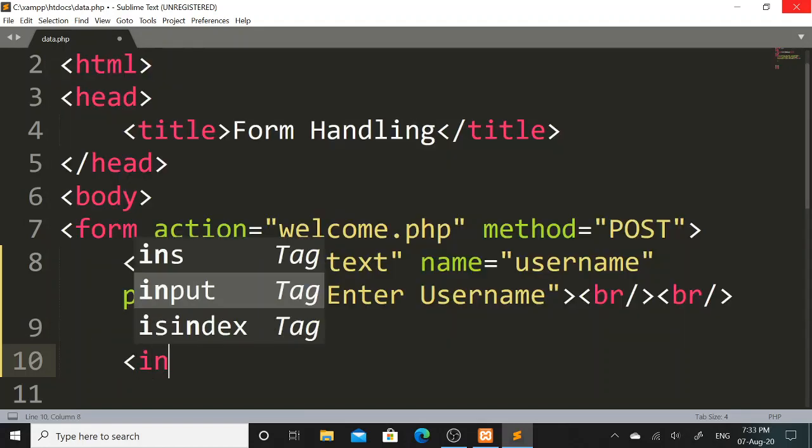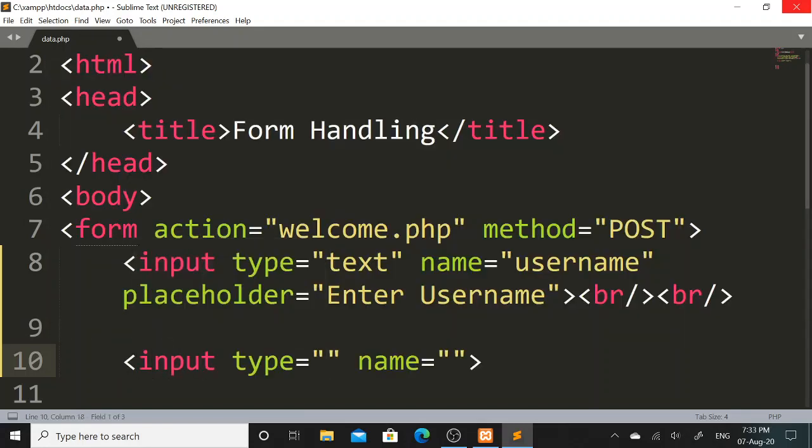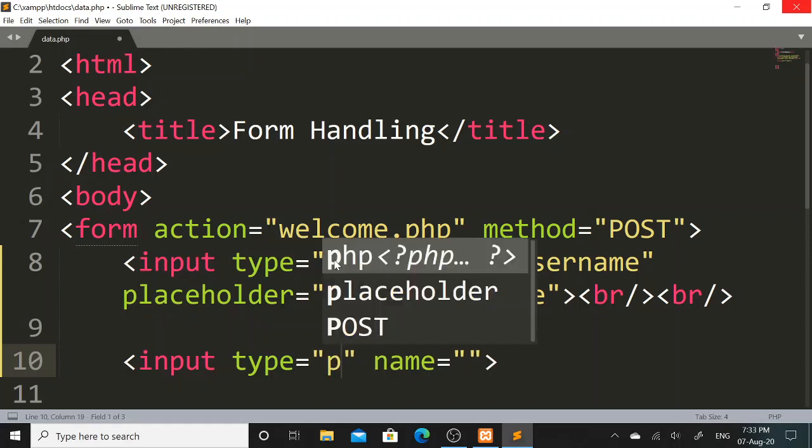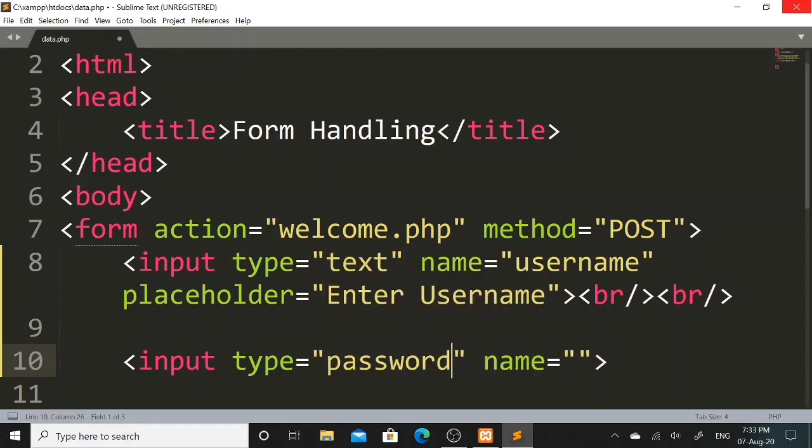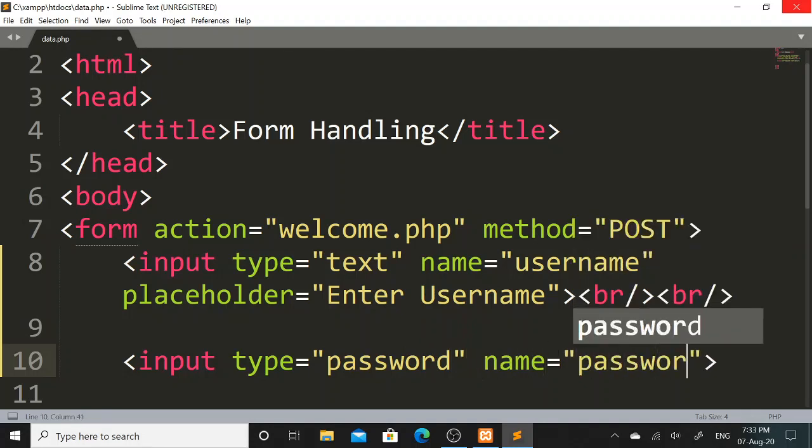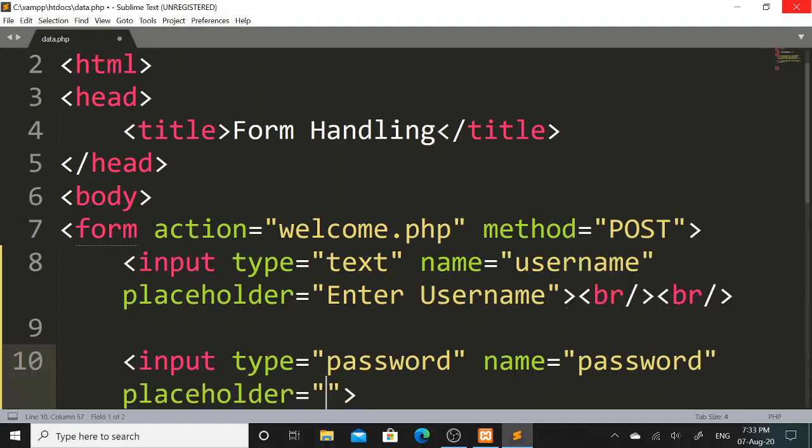Here again I will take another input element, and in the type attribute this time I will mention password as the type. In the name attribute again I will mention password. Here in the placeholder attribute I will pass one message, enter password.